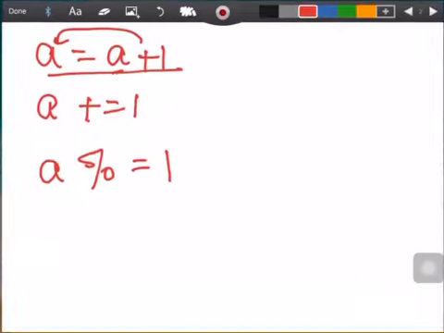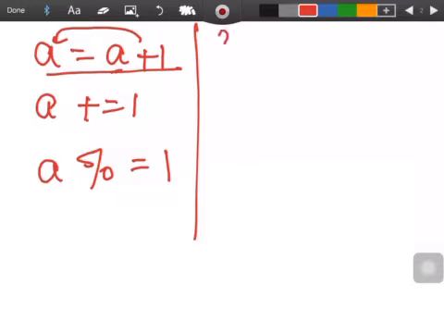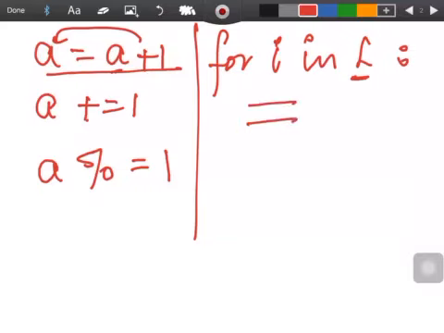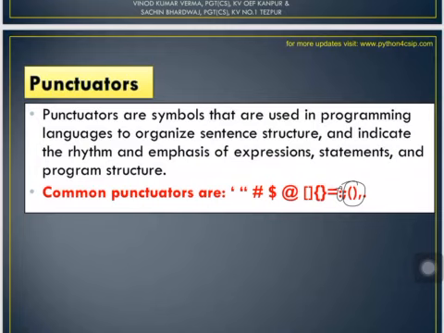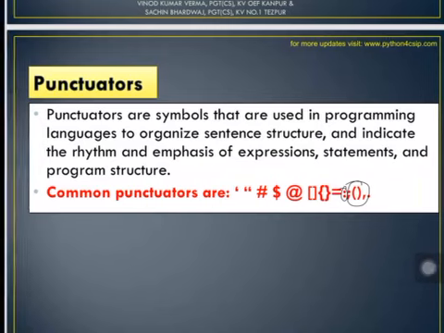Whenever we write for i in, let's say L, and let's suppose L is the list here, and then we put a colon, this marks that we are going to start a block. So this is called a punctuator. Alright class, next there are other punctuators also. We'll be learning them slowly and gradually.